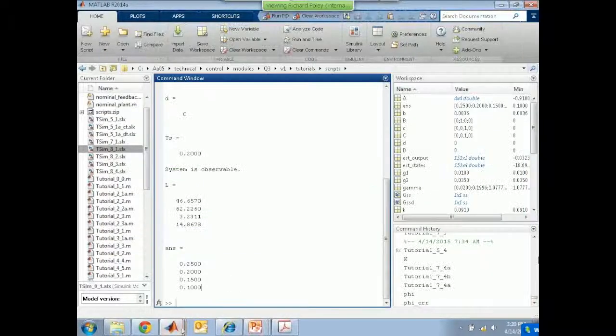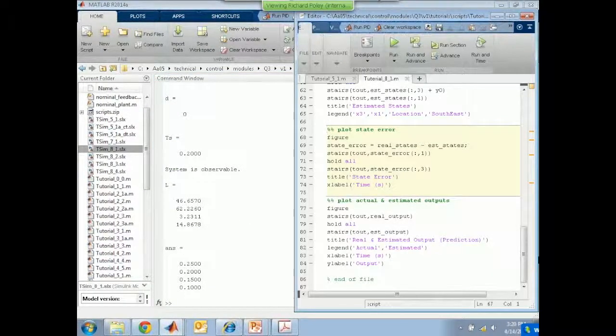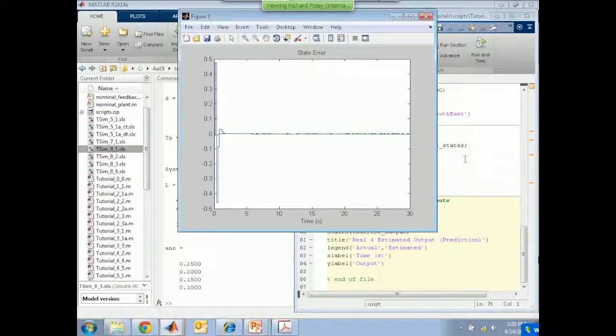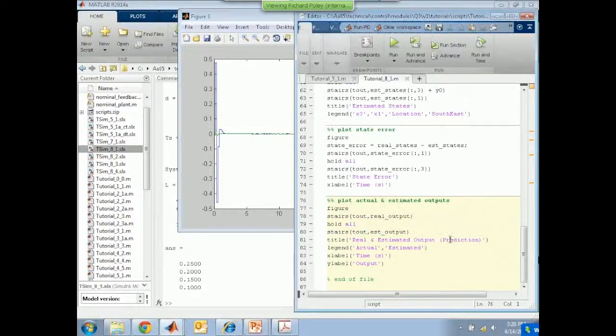So let's go ahead and extract a little bit more information and see if it's doing the right thing. We'll plot now the state error, which is the difference between the real and the estimated mass positions. Pretty small, right? So that's rather encouraging. Okay, so there's some initial state error. This might be initial condition error, or it's just the estimator settling down, but after that, the error is very small. It's not bad at all. Pretty impressive result, I think.